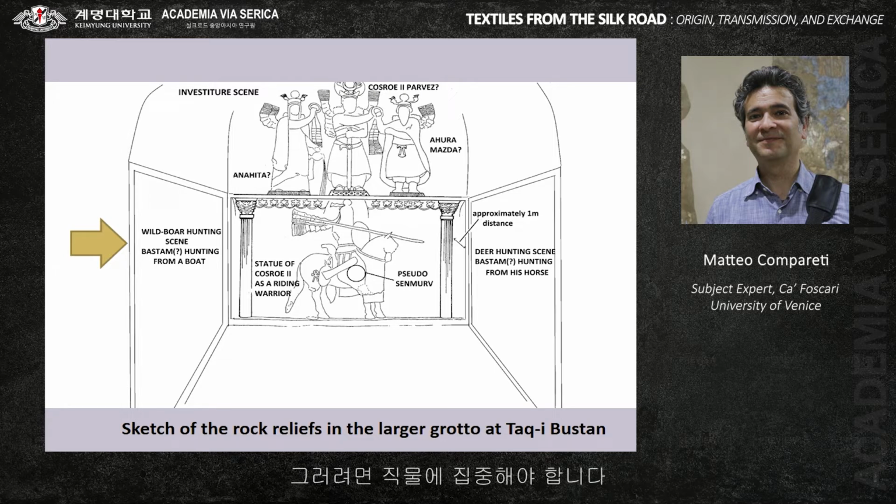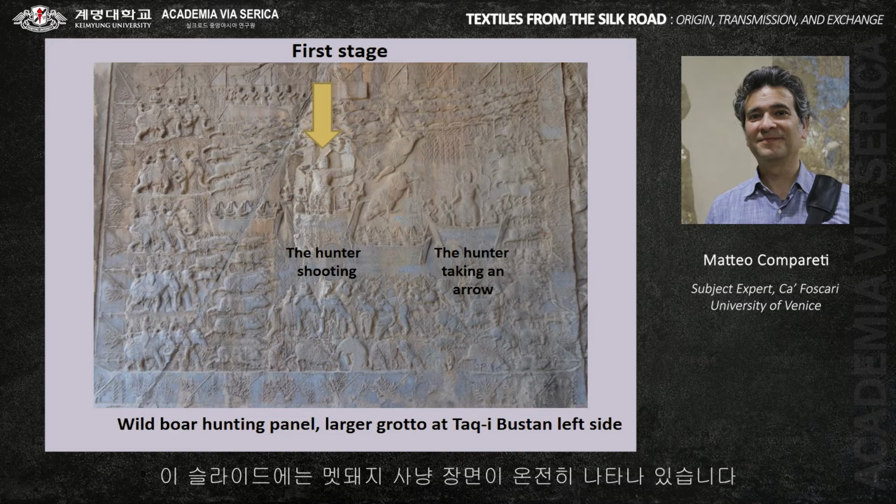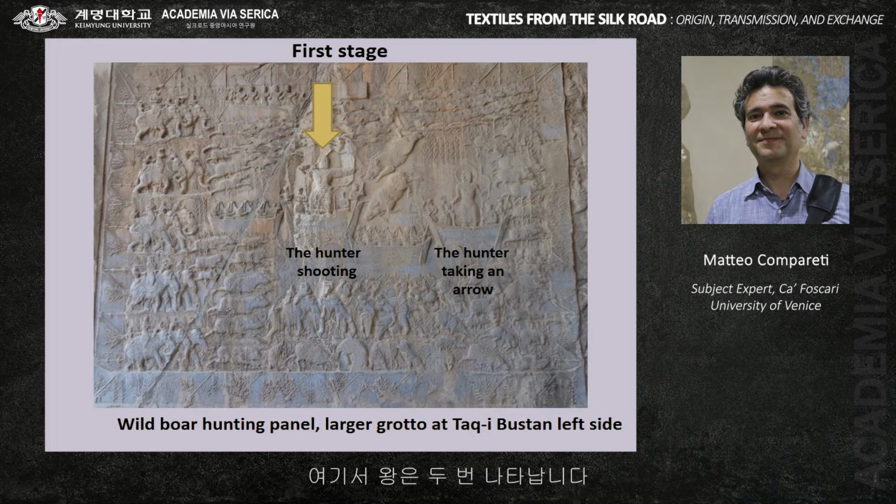And in order to do this, we have to concentrate our attention on textile. This is a slide completely dedicated to the wild boar hunting scene. The king is represented twice. In the very center, while shooting an arrow to a wild boar in front of him, the wild boar is represented twice,